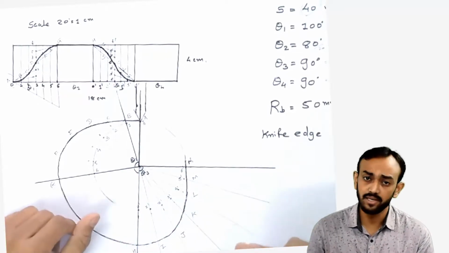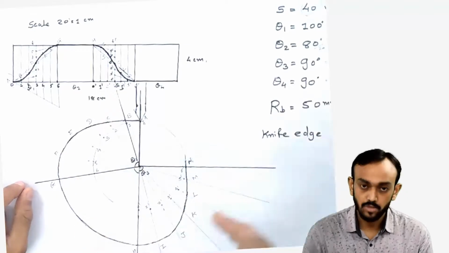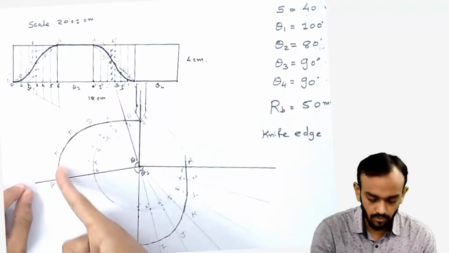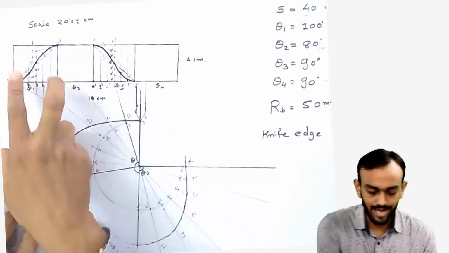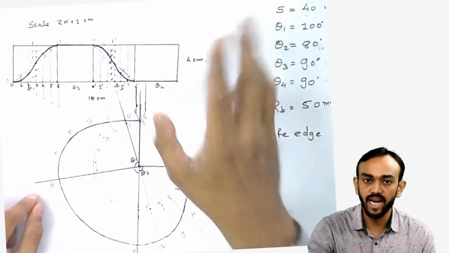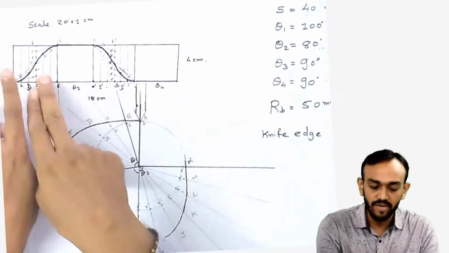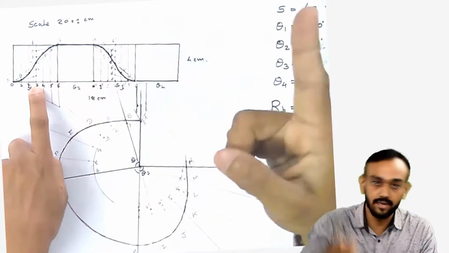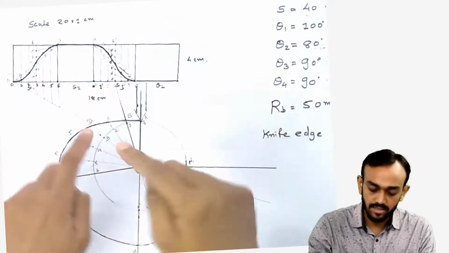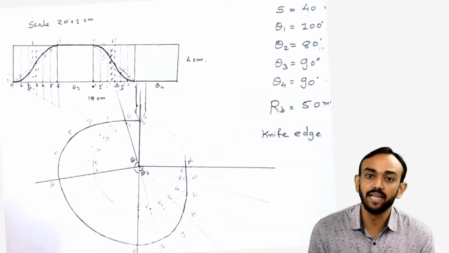As you have learned in engineering graphics, whenever you want a smooth, precise curve, you can divide this rise and return into 8, 9 or 10 parts, whatever you want. But the more divisions there are, you have to divide that center line also into those 9 or 10 divisions, and the same here and here. So the example may become very lengthy.